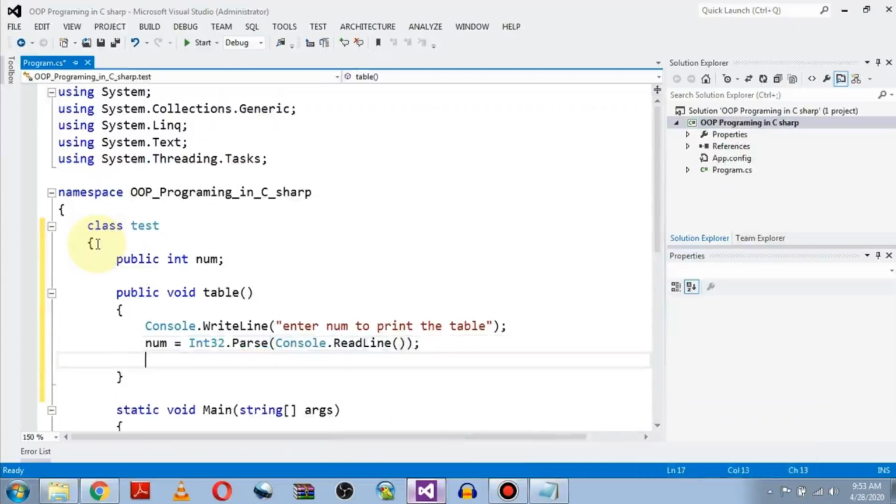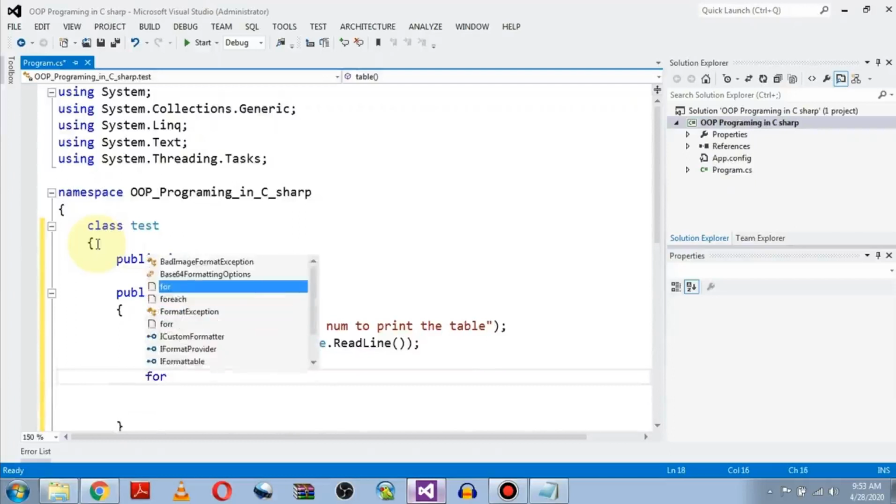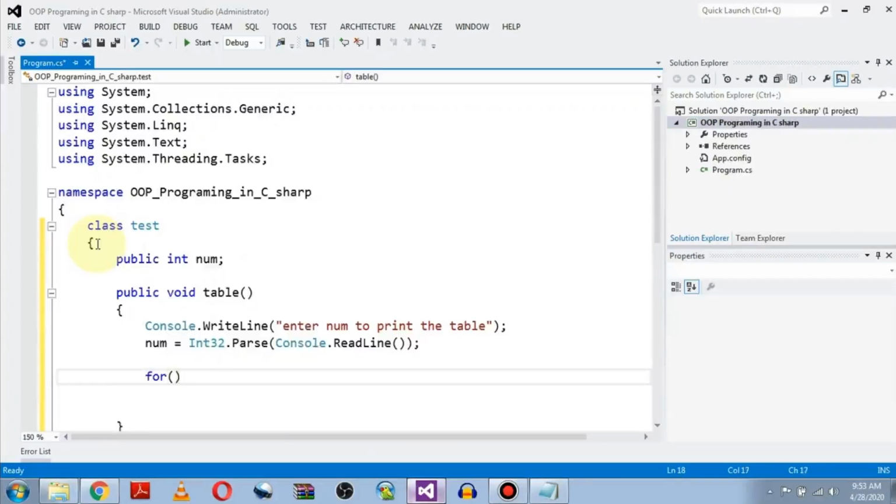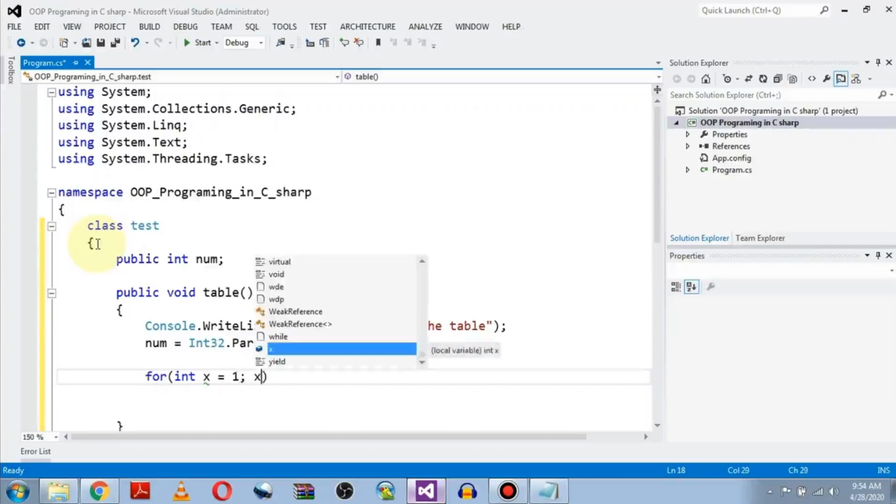Now let's calculate the table. So how to calculate it? Using a for loop. The for syntax is similar to other languages: initialization first, x, let's say 1, then the condition x less than or equal to number, then x++.